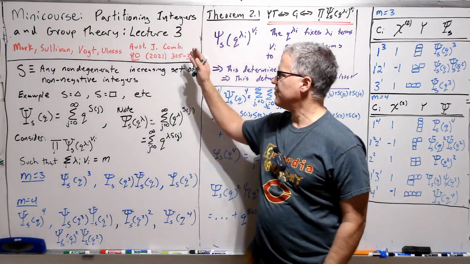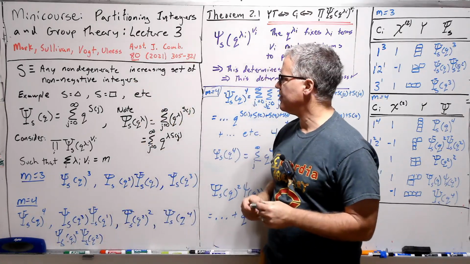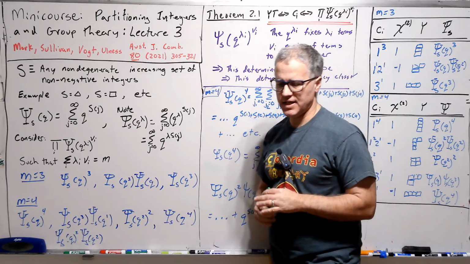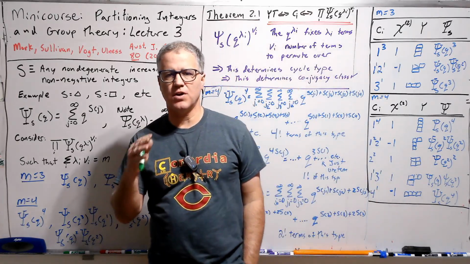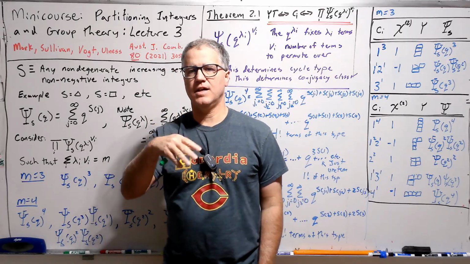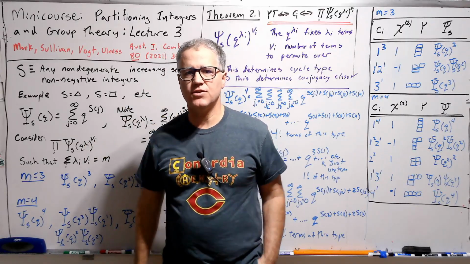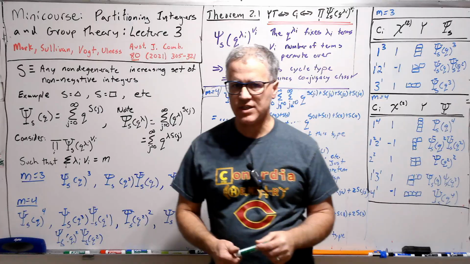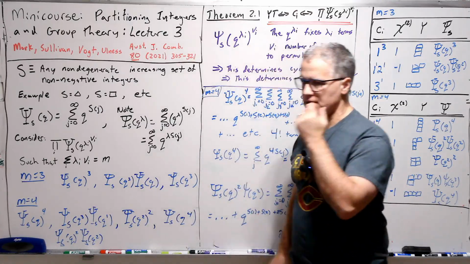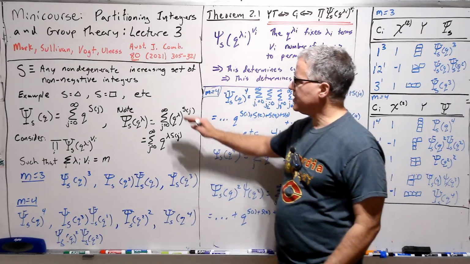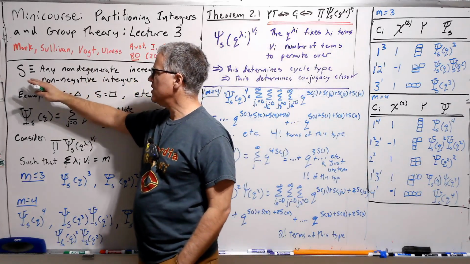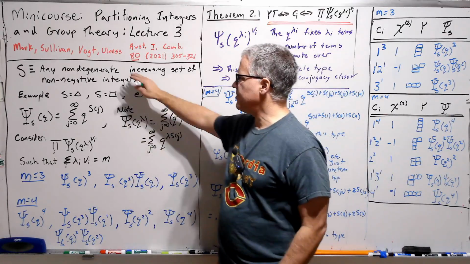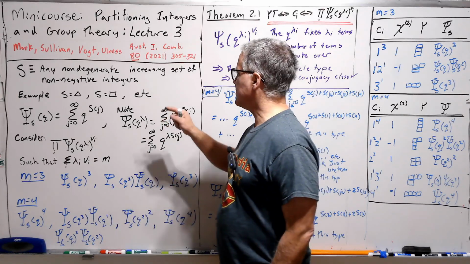So this is lecture 3, going through this paper that my students wrote on partitioning, using group theory to partition any integer into any number of members of a set. So we've been using the triangle numbers as some examples, but now we're going to be talking about this in general. So we're talking about any set here that is non-degenerate, meaning no repeated items in a row,